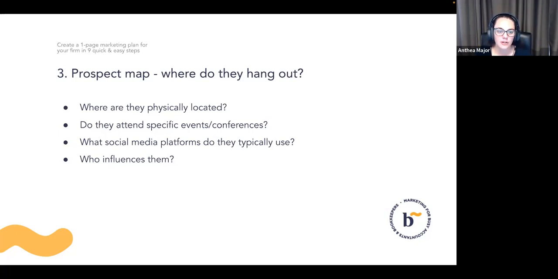Also think about who they trust and who influences them. It might just be their immediate family or their partner maybe doing the bookkeeping, or it might be their current accountant, their financial planner, banker, or other suppliers they might be connected with that you might be able to talk to as well. Just start to paint a bigger picture of your client. Don't necessarily jump to figuring it out in a marketing sense yet. Just try and write down as much as you can here.